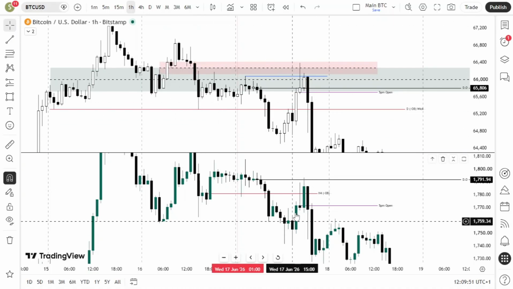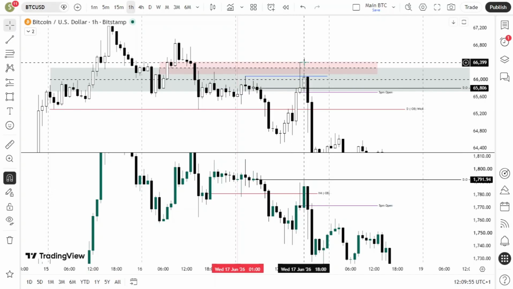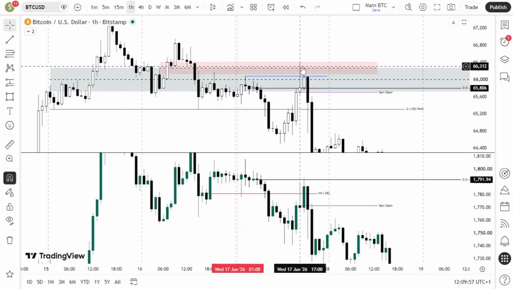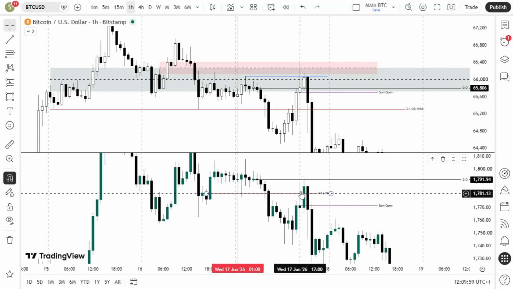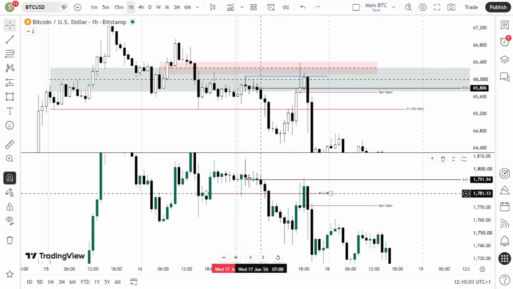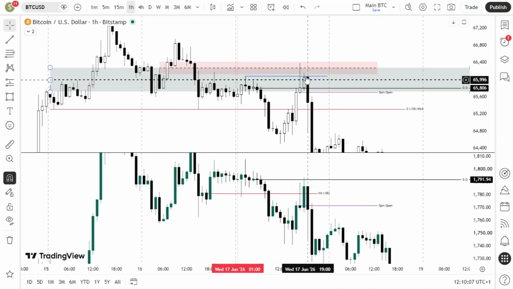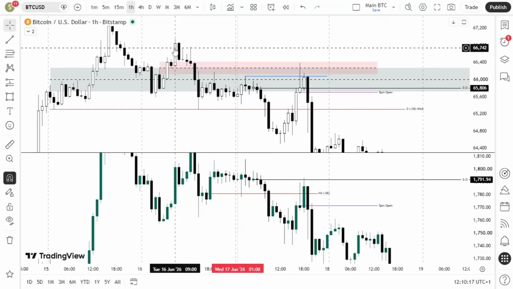Then by 5 p.m. we see the return back into the daily order block and the refined 4-hour order block. And also on ETH, you see ETH returning into its order block that it confirmed intraday as a return to the 4-hour order block. At that time, BTC is trading inside of the daily order block and at that refined 4-hour order block level, and then we rejected. So you see how using 4-hour you can even refine your stop loss. Your stop loss can easily be just above the bearish order block on 4-hour